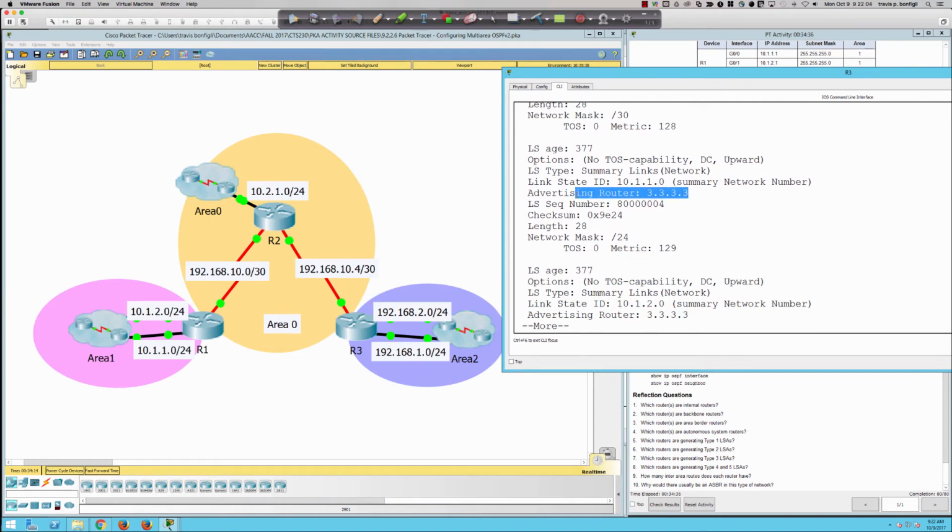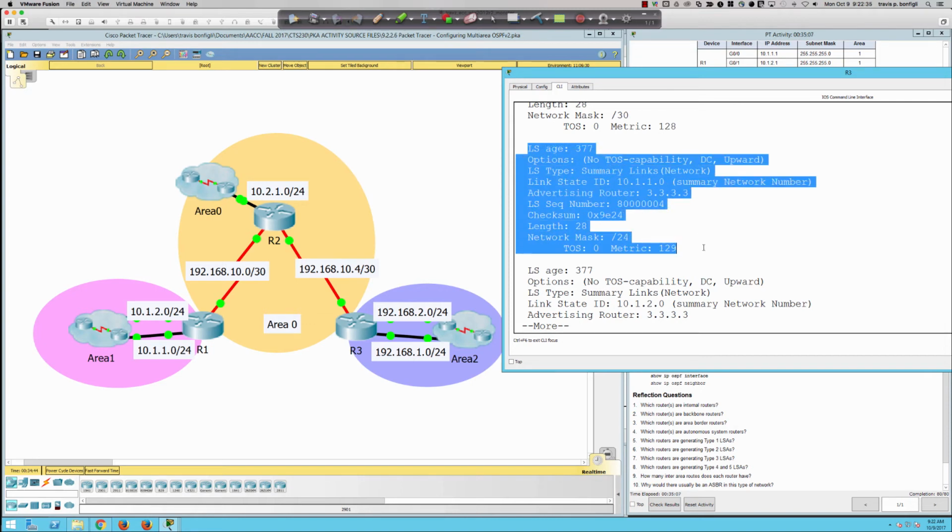And look, advertising router. What is the subnet mask of that network? 10.1.1.0. Exactly. It's a /24. And we know that because that is how we advertised it. And that is multi-area OSPF in a nutshell. It is simply hiding, abstracting the information from one area by sending in a summary of that information into another area. And this is what allows OSPF to scale, because you don't have to keep all of the type 1